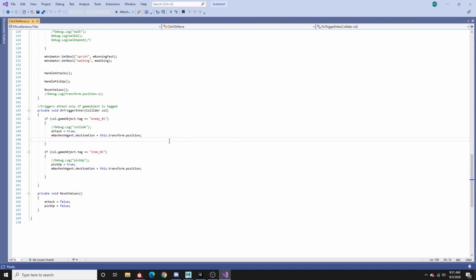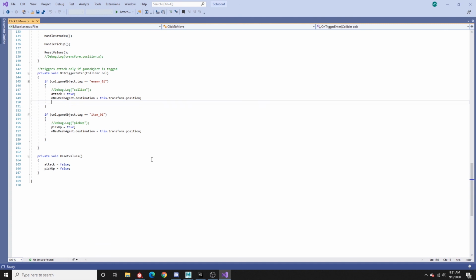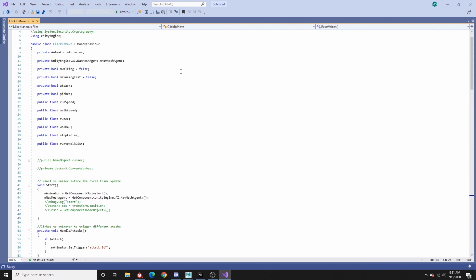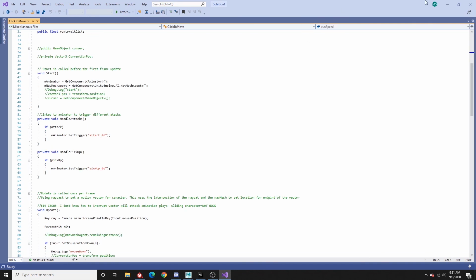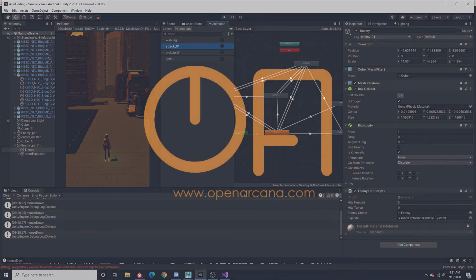Basically we're just setting it up so that you really don't have to do much, that you're just exploring and fighting enemies only when they get in your way, and then of course doing a little bit of cleanup, resetting values at the end. And yeah, this script is just for the actual character class. There's another script, as I showed briefly, on the enemies,